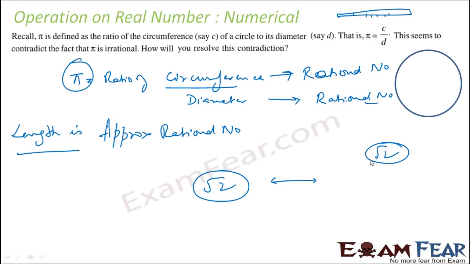So the length of the semicircle actually is typically an irrational number, but because of the constraint in the ruler, you can't actually take the exact measurement of an irrational number. So we take an approximate value, and then the approximate value becomes a rational number. Here also, if you see, pi we say is 3.14, but actually it is not, because this is approximate. This is an approximate value. Okay.